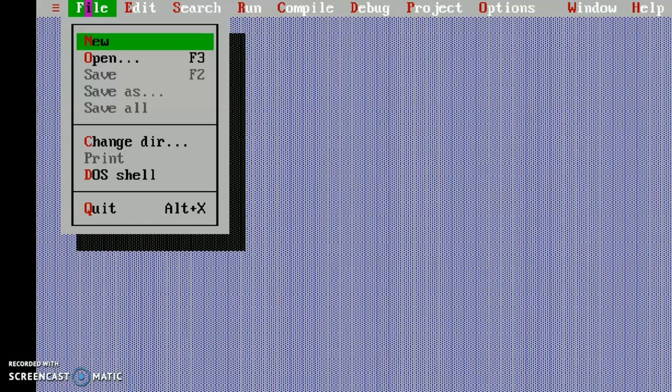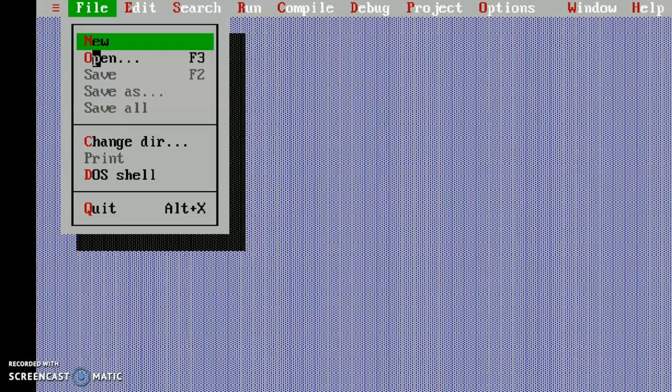In this part, I am going to explain how to write the content into the file and also how to read the content from the file. Now we'll see the example, then you can understand how to write the content into the file, then how to read the content from your files.